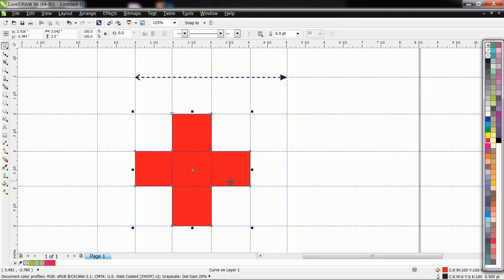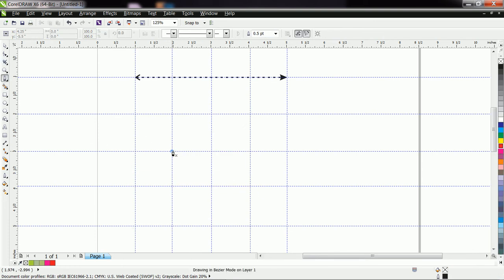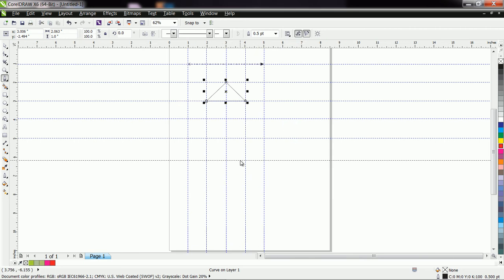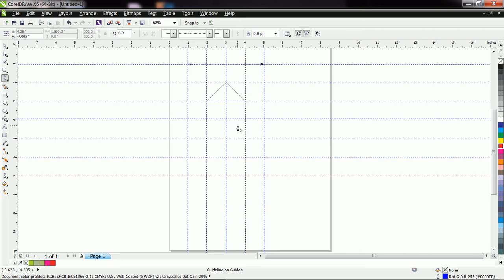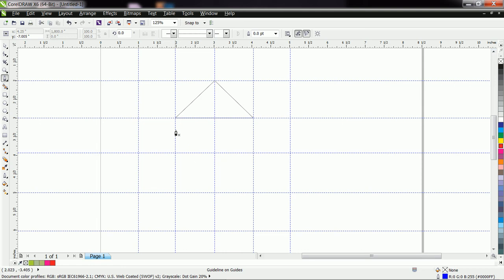Now again, let us create some more shapes. Suppose again I took this. I want to create a house. This is the roof of the house. After that, I want to create the lower part. For that purpose, again I use guidelines, because with the help of guidelines, it is very easy to draw the shape. Now again zoom this. You can also scroll the mouse. Again begin from here, because each shape should be closed. Then only you can fill a color.